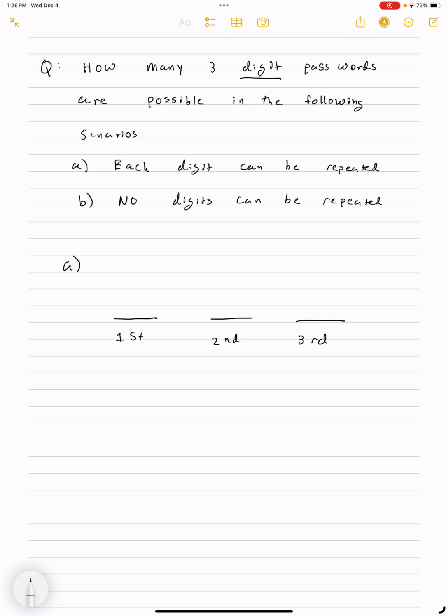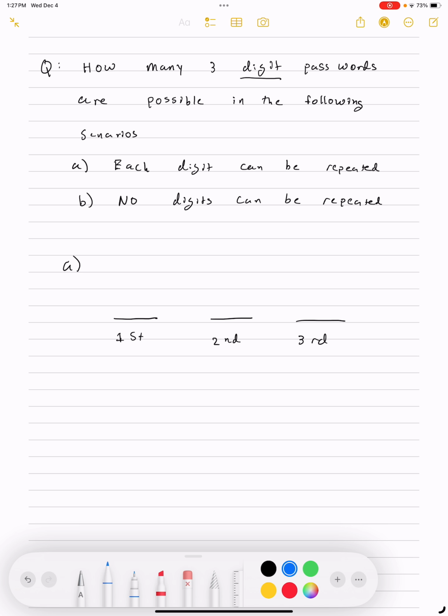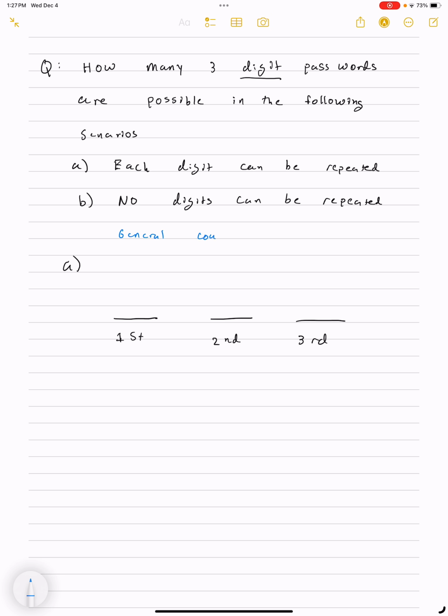I'm going to remind us of the general counting principle. So the general counting principle says if event A occurs in n sub a ways and B in n sub b ways, they can occur together in n sub a times n sub b ways. And the reason this is important